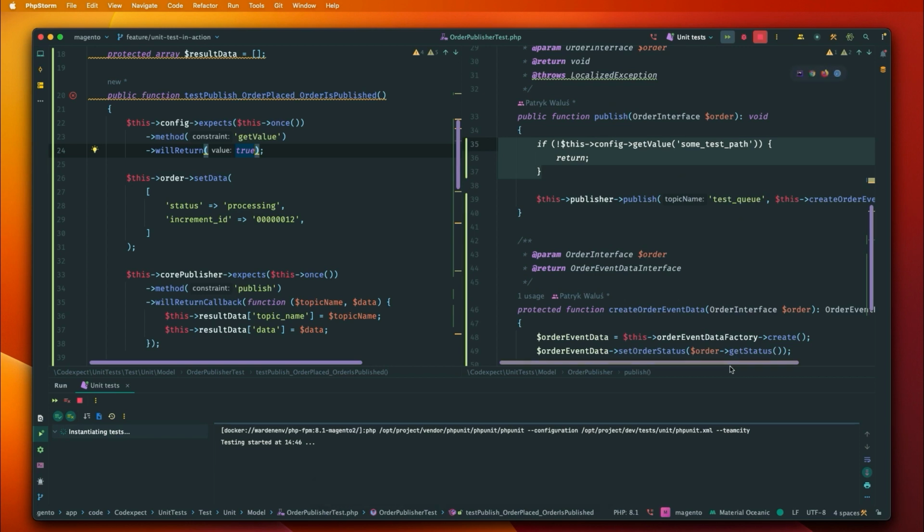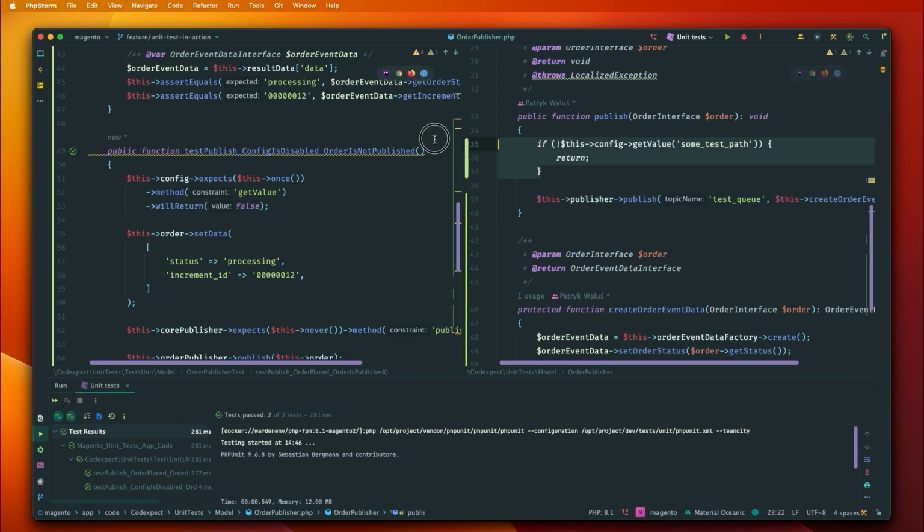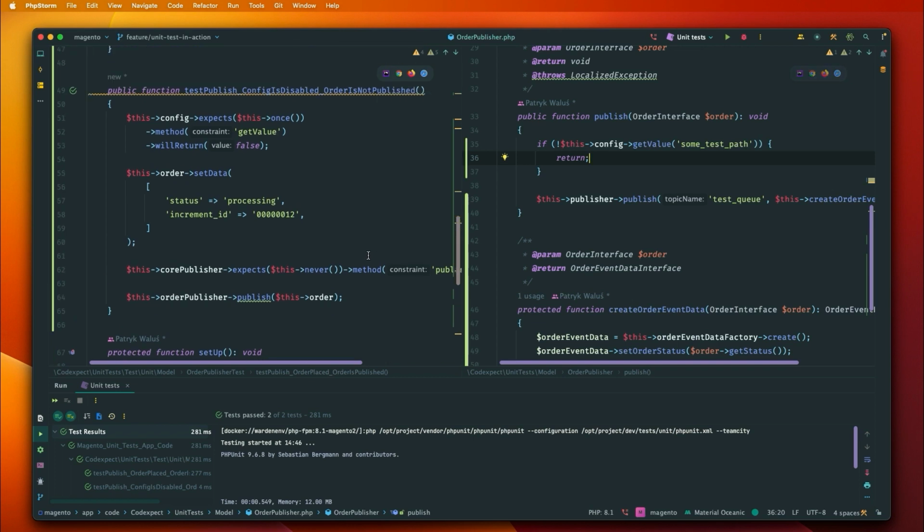And now it should be all green. Yeah, exactly. So we just forgot about it. So config is true, we publish; config is false, we do not publish. Great, awesome. Some additional thing that I want to show you, in PHPUnit, there is a method called this